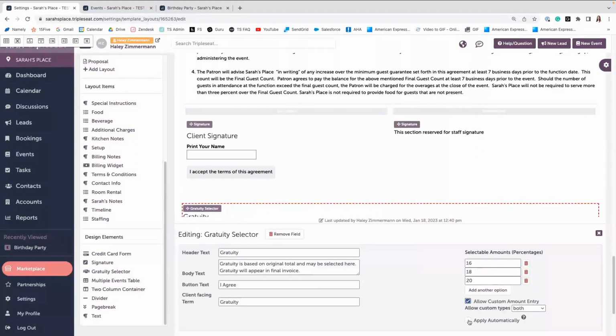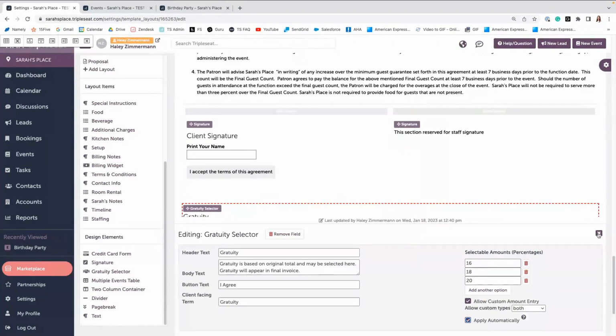Lastly, this button here is to apply automatically. That is so when your client selects the gratuity, rather than having to see that they selected it and manually entering it in to your billing widget, it will automatically apply to that line in your billing widget. So let's make that